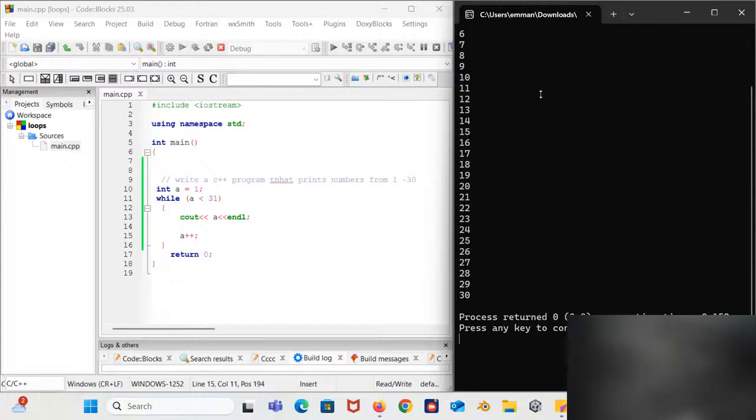You can see the console app open here, and then also the code, right? Okay, thank you very much.